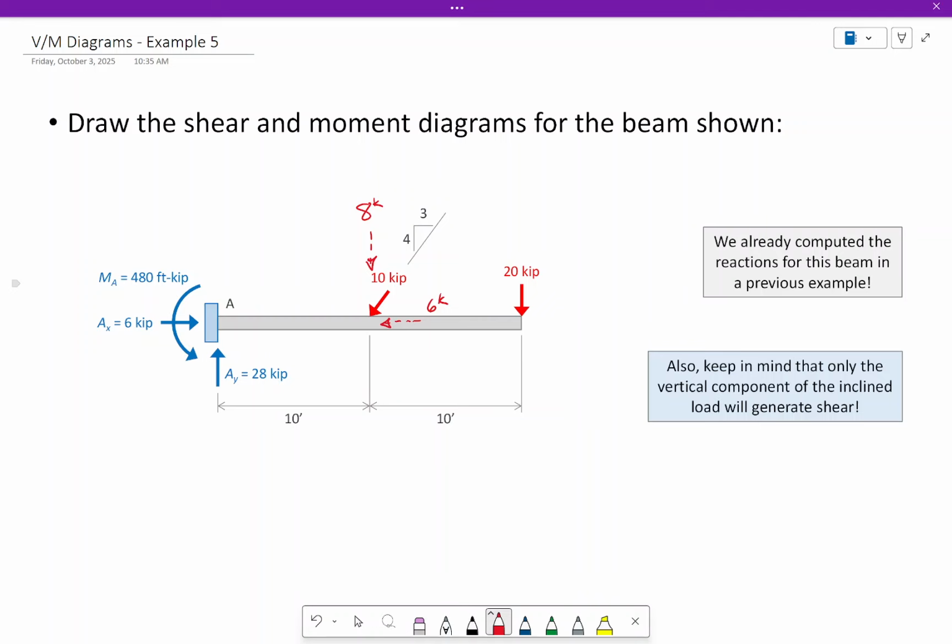Remember, truss members only carry axial loads. They only carry either tension or compression. So this 6 kips, what is it doing to the beam? It's compressing the beam right here, okay? So, for example,